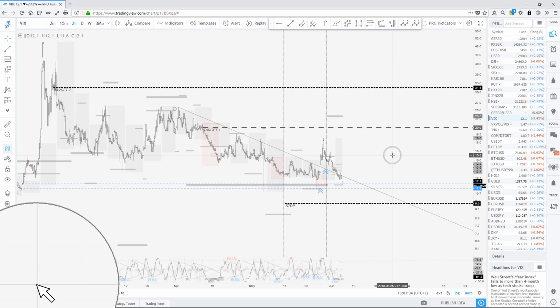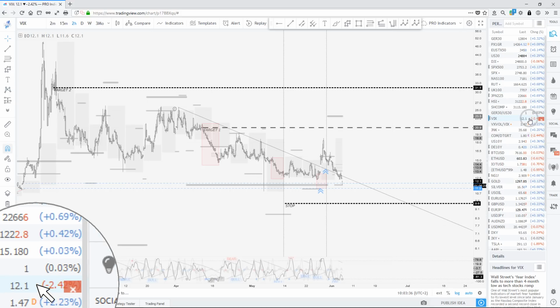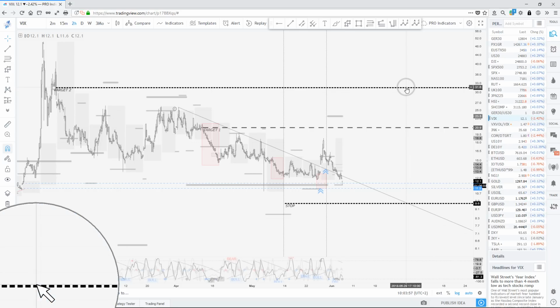So VIX, big problem right now at 12.1. We're totally out of anything normal. So it's going to be problematic right now. I think this is the perfect timing. If you don't have VIX in your portfolio, this is the time to buy it. It's pretty much cheap. We're not going to get to 10. It's not going to happen. Or at least if it happens, you have far less to lose than what you could get. Because I think we're heading toward 30 and probably even more than that.